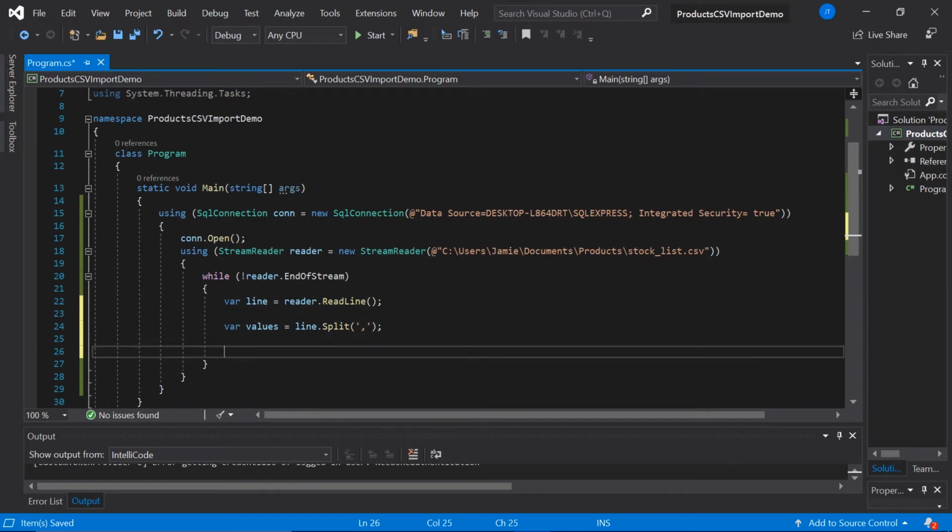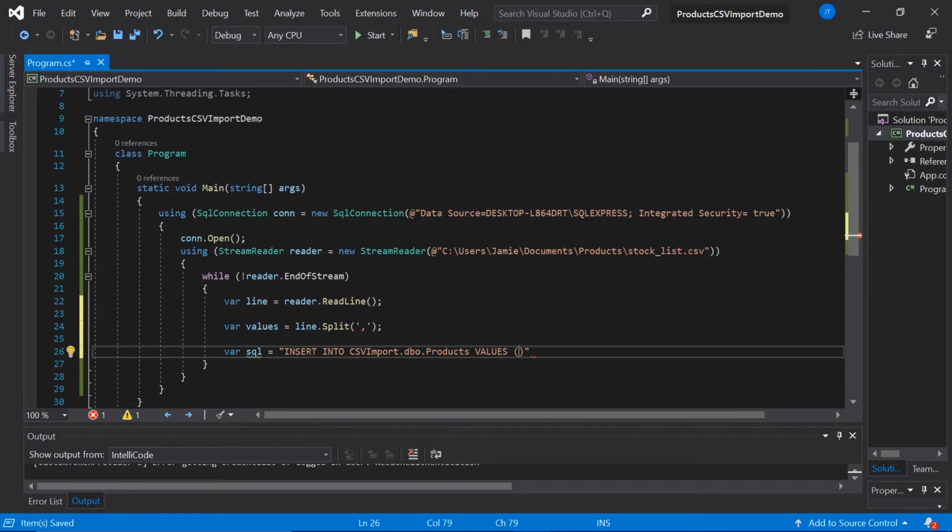Okay, now that we've got our elements, we need to create our SQL insert. So we do that by creating var sql, and then we're going to write out an insert statement string. So we'll do insert into, and now we need to do the name of our database, which is CSVImport.dbo.Products, which is the name of our table. So this is the name of our database, and this is the name of our table. Then we'll do values,